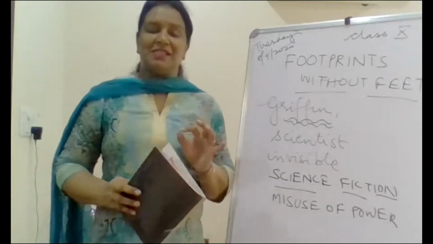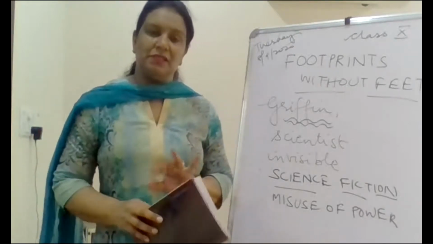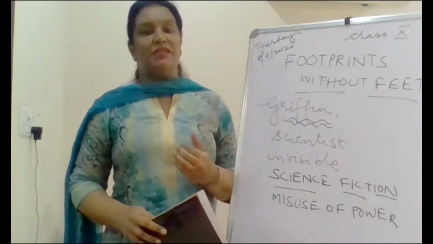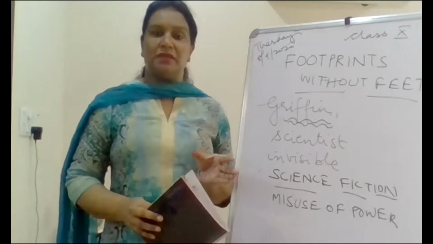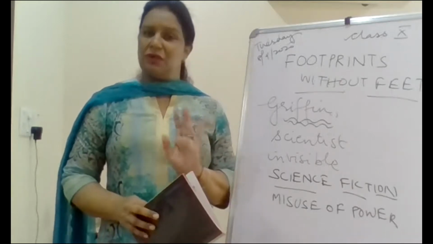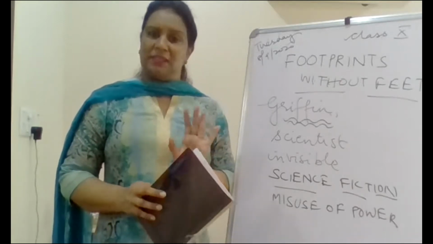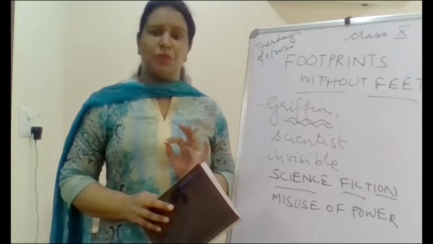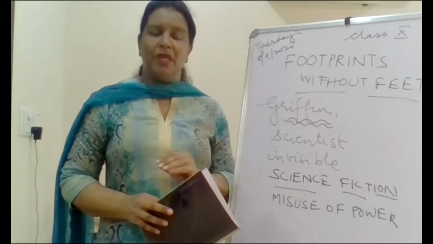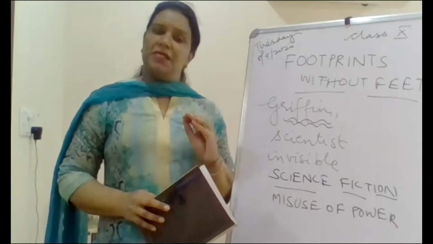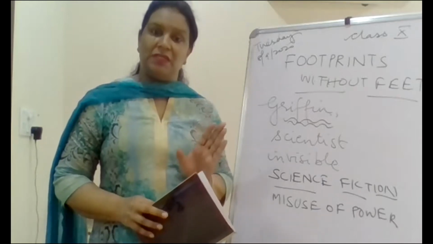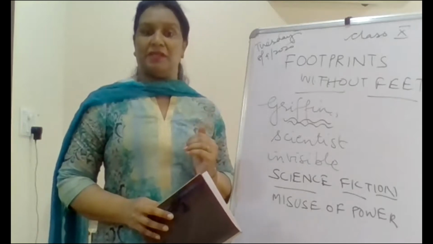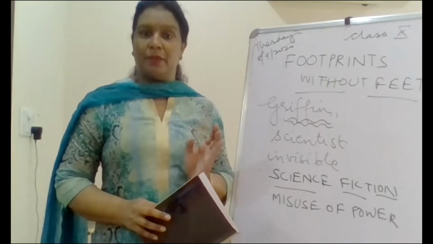And because he's a scientist, he's always locked inside and is just doing his experiments. And he's afraid that somebody might come and take away his material or his theory, his experiments. So he does not mix out much. And his landlord is slightly suspicious about his behavior. So now what has Griffin done? He has found this power of invisibility, this formula of invisibility, and he has made himself invisible, right?